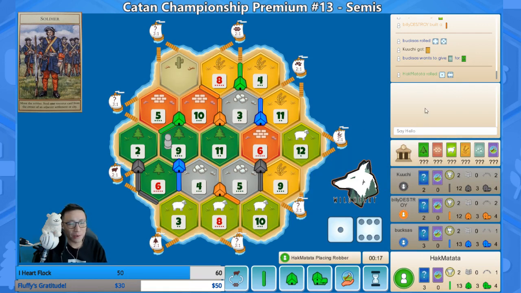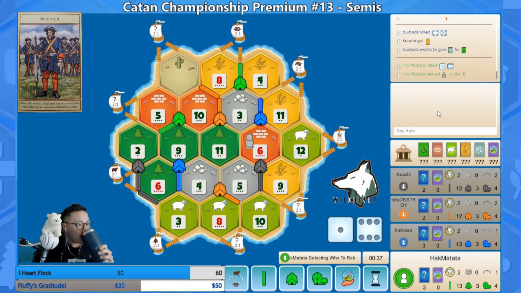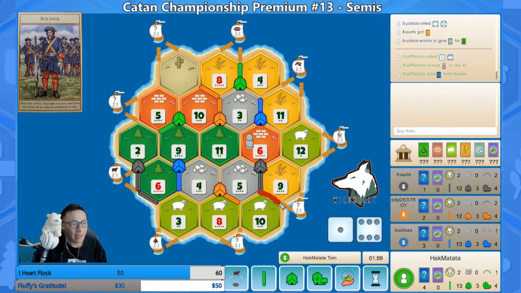It's dangling out there, though. I know what you mean. Bucksas has an opportunity right now to road settle, and GG. Yeah. GG Kuuchi. I probably would have built down towards that 10 sheep, 3 for 1 port. You're thinking the early 9, 10, 3 to 1? Yeah, 10 is a better producing tile than 3. Yeah, true. Very true. It also gets you...